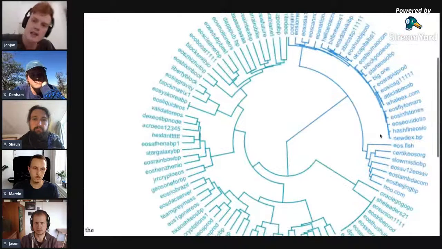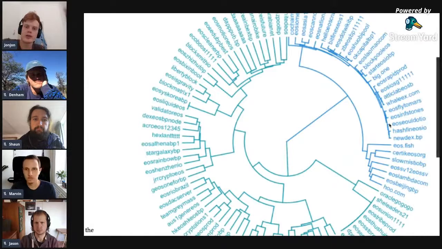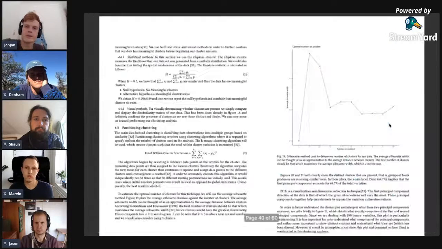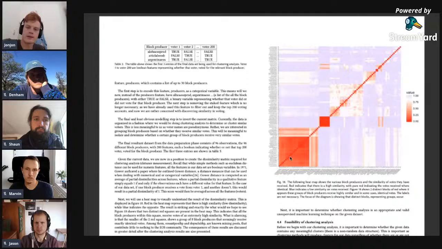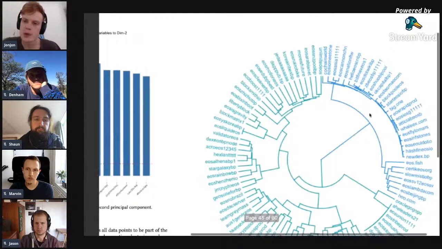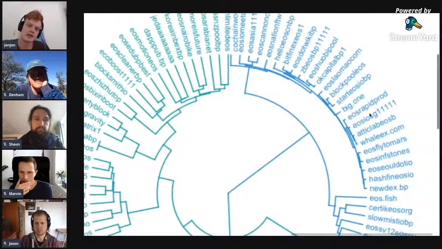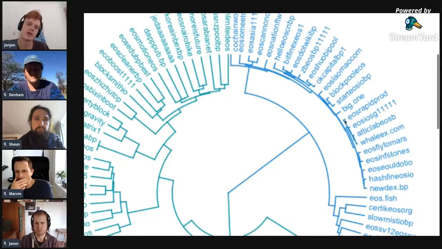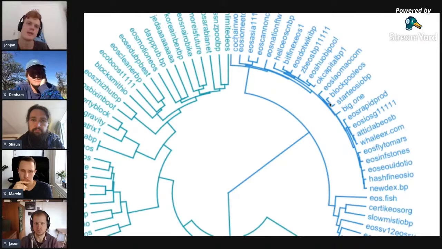And basically what you see on the dendrogram here is this other big block of red we were looking at over here. That big block of red is basically all of these block producers in this cluster, and you can see how similar they are because the join height is really small, and the smaller the join height, the more similar the votes they receive.